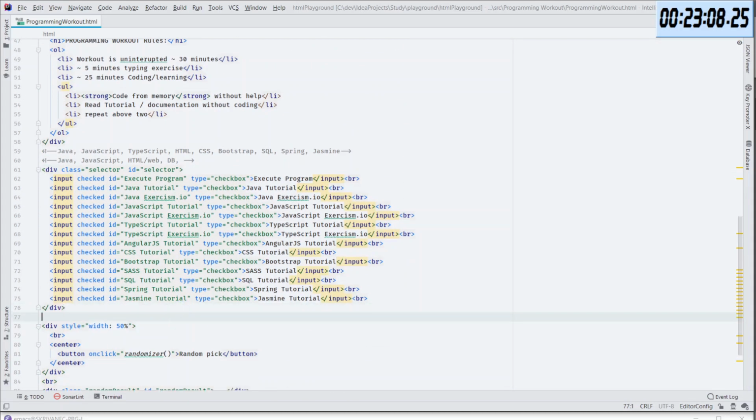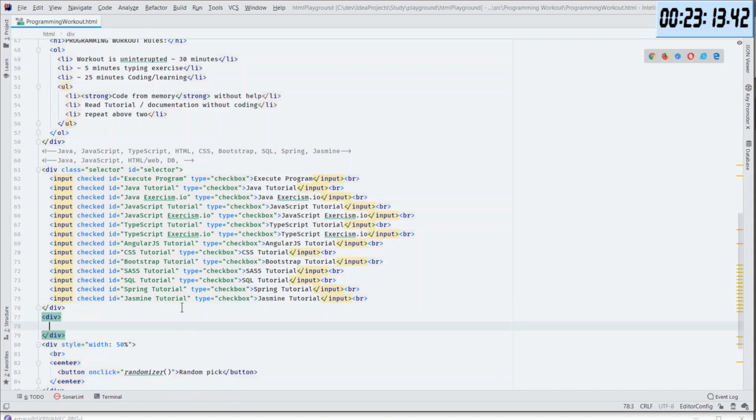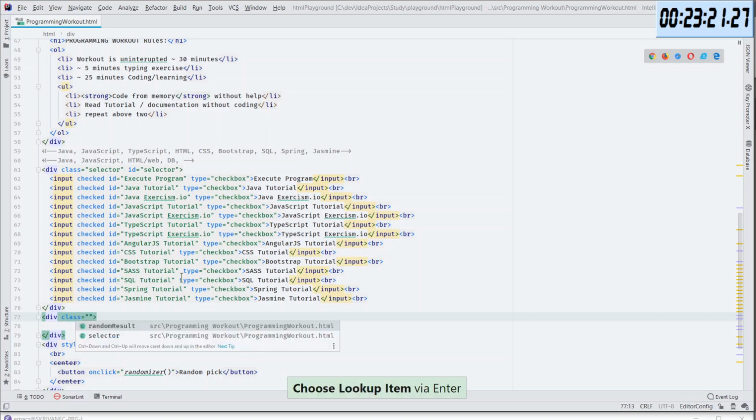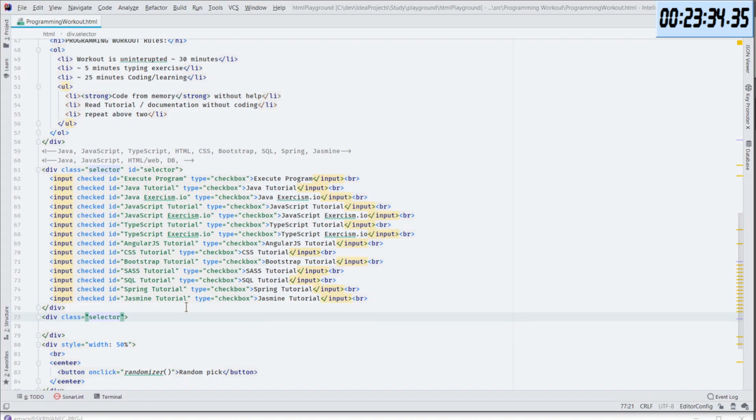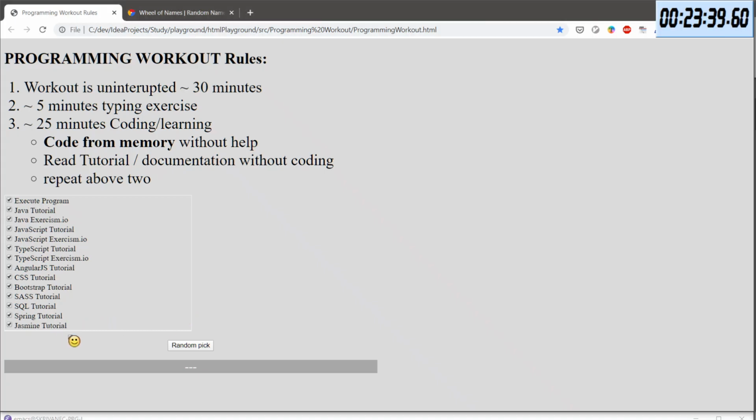Well, first of all, to illustrate, if I have another div in here with the same class, because we want the decoration and so on, so I will say class selector. I'll save it. Now I will reload it, and we don't get anything. Why? Oh, because it's empty. So let's say hello. It is there, but it's hard to see. You see this line? It's kind of thicker. That's our div in there.